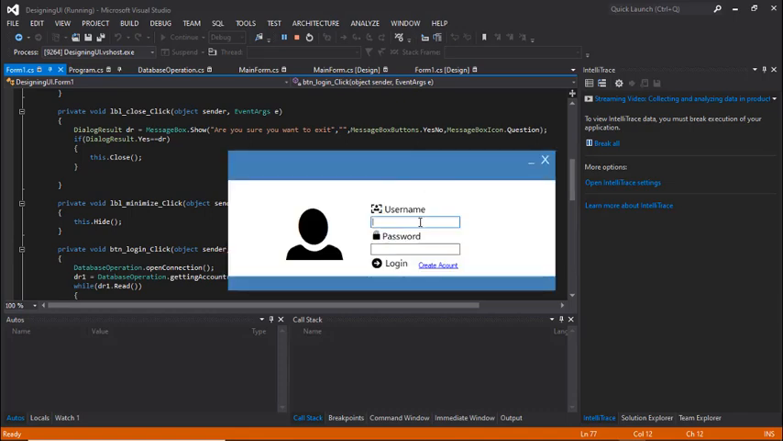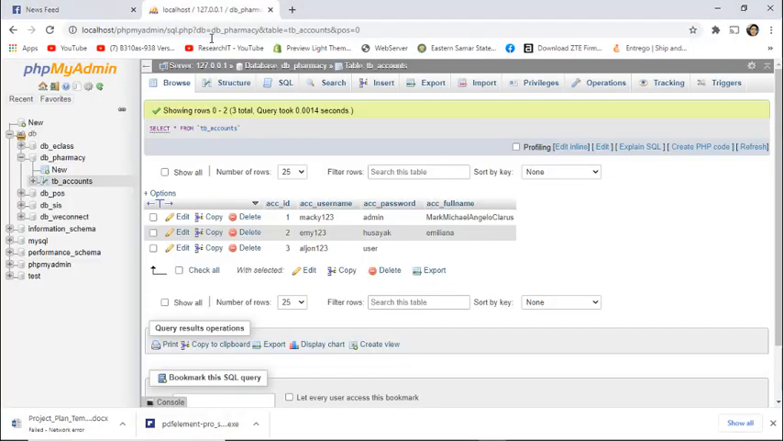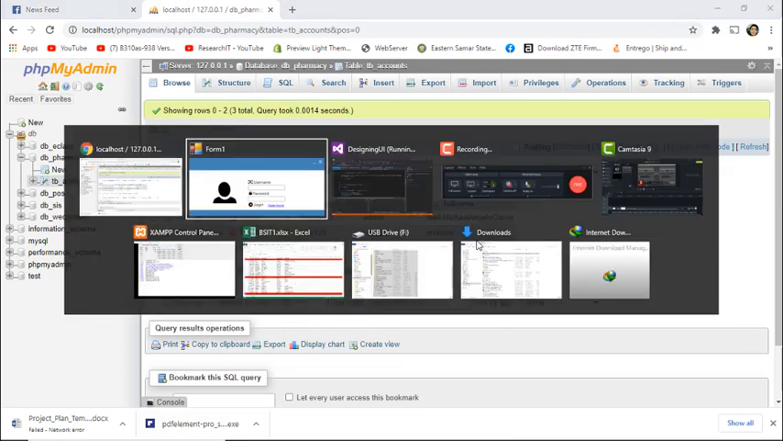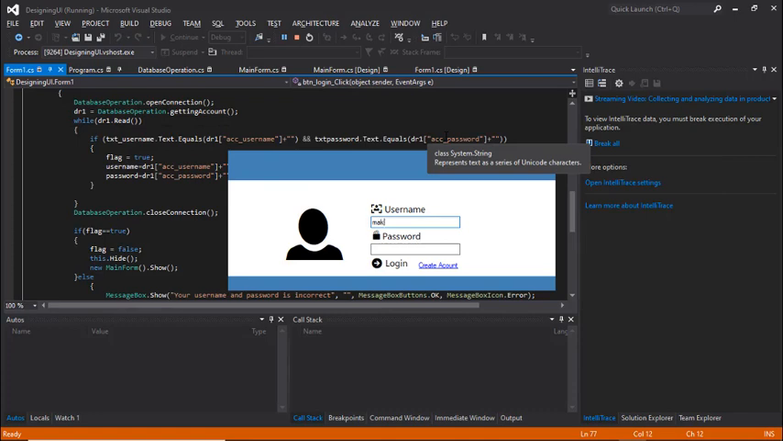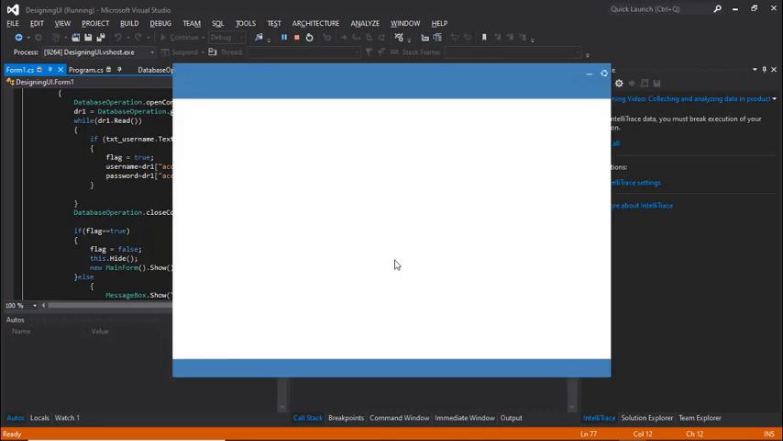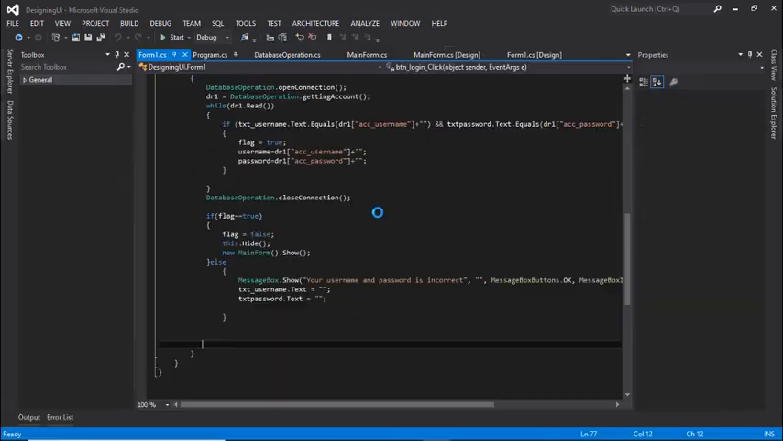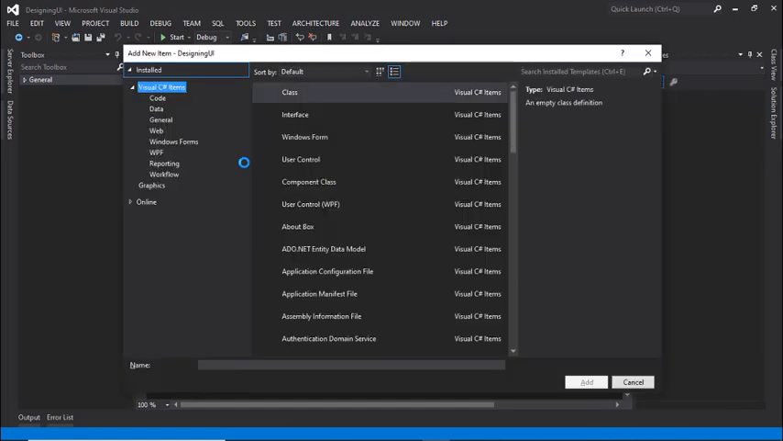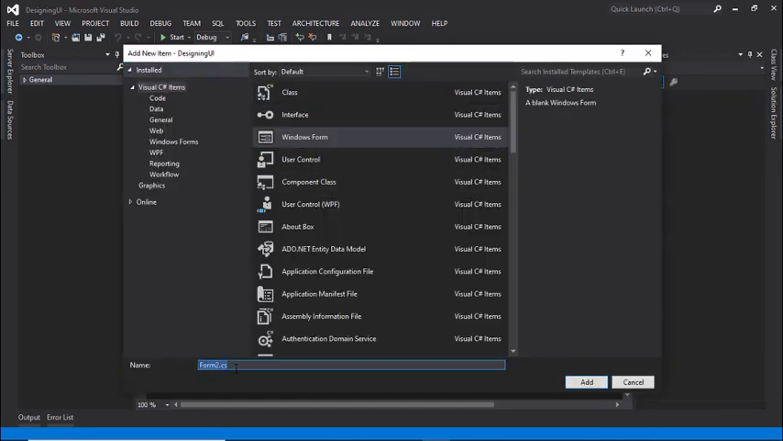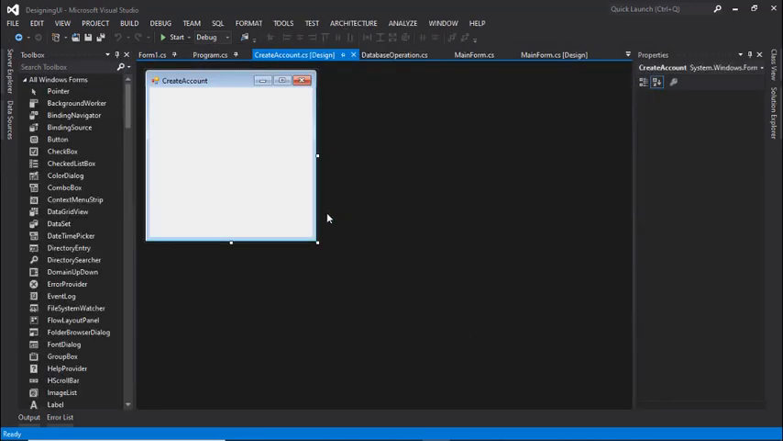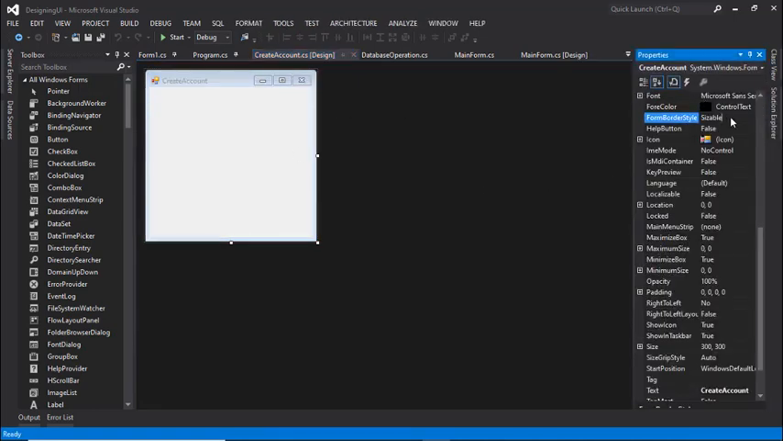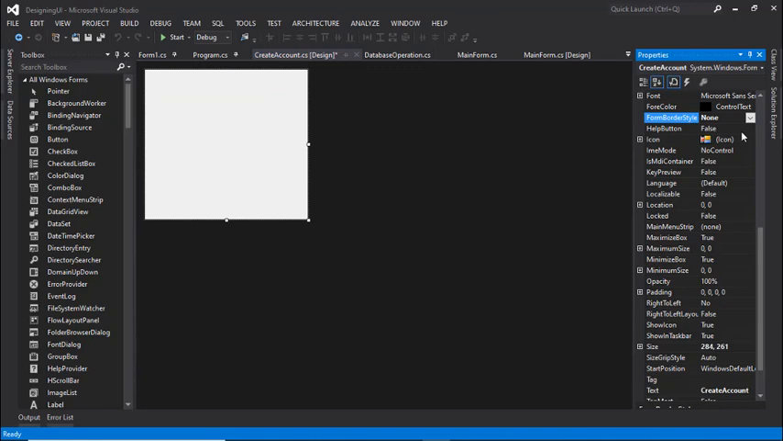So in the last video, we already logged in through our login form, going to our main form using our credentials from the database. Now in this video I'm going to show you how to add accounts from our create account form to our database. Okay, so now we will create the account form, and then do the